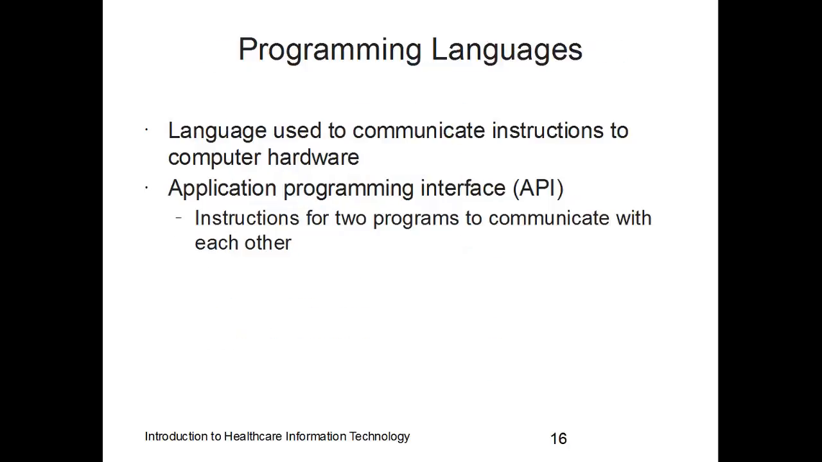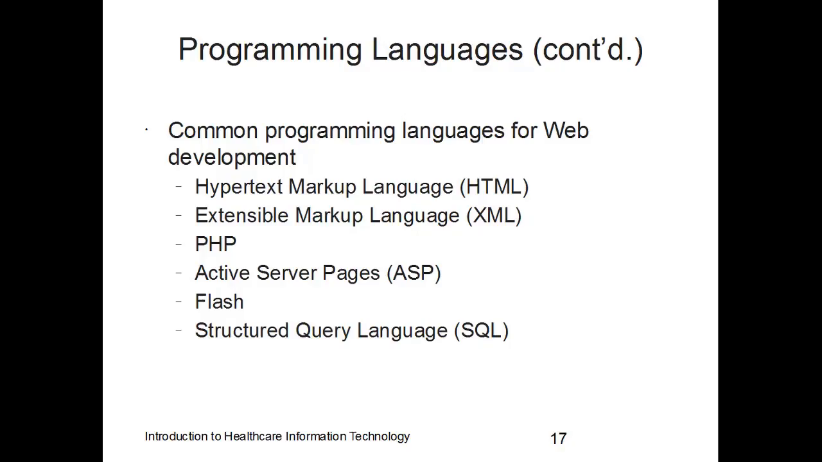All right, now we'll talk about programming languages. This is the language that's used to communicate instructions to computer hardware. And the instructions for two programs to communicate with each other is called the Application Programming Interface, or API. And when it comes to programming languages, there are some very common languages for web development. The first one, HTML, Hypertext Markup Language, XML, Extensible Markup Language, PHP, ASP, Active Server Pages, Flash, and SQL, Structured